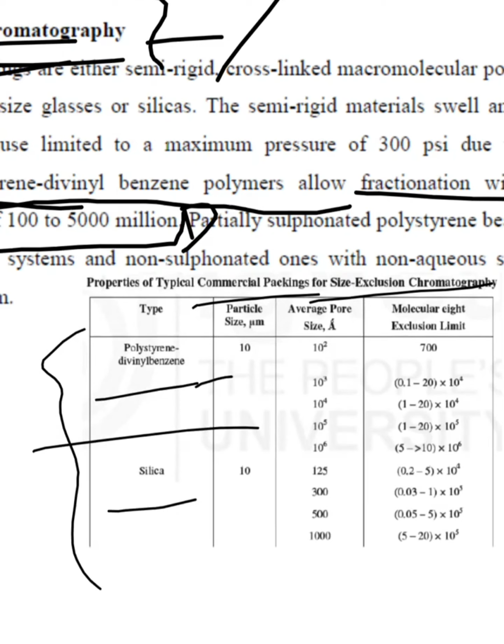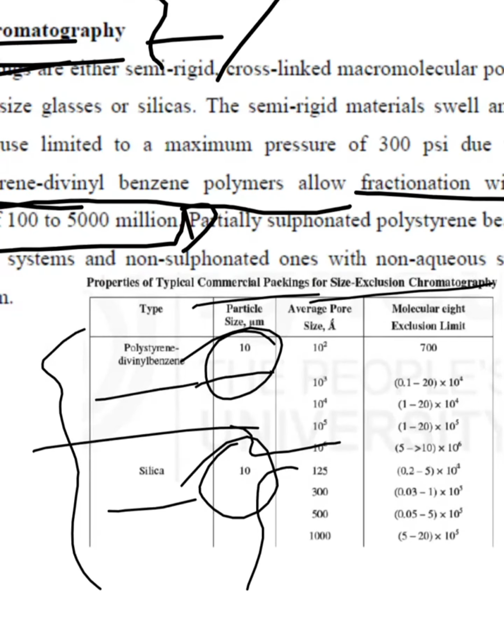So the particle size is 10 micrometer, and this is also 10 micrometer, with a pore size up to 10 to the power of 2 to 10 to the power of 5, whereas silica has from 125 to 1000 Angstrom, and the molecular weight